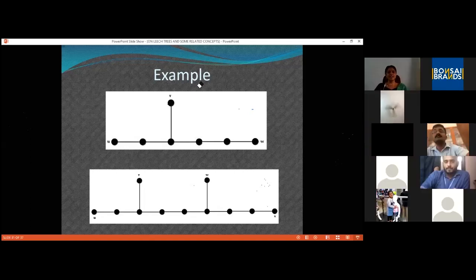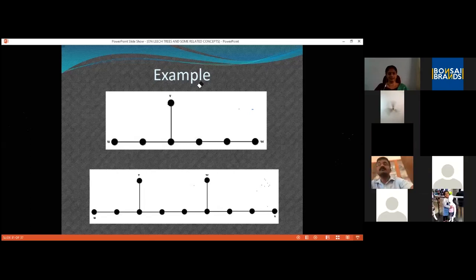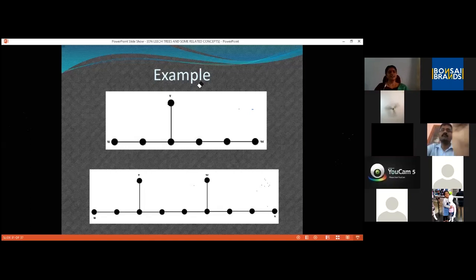Note that there is nothing relating directly to labeling, but this is having some relation with Leech labeling. That is why I have included that also. Here you have one more example. In this case, we have 4 leaves, U, V, W, and X. Distance between U and V is 3. Then distance between W and X is 4. Distance between V and W is 5.